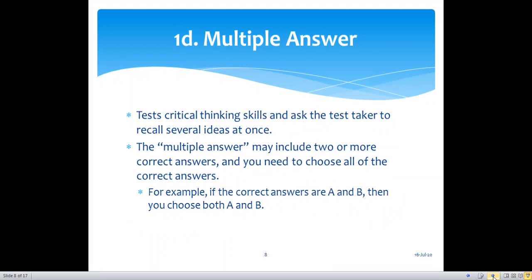Multiple answer tests critical skills and asks the test taker to recall several ideas at once. The multiple answer may include 2 or more correct answers, and you need to choose all the correct answers. For example, if the correct answers are A and B, then you choose both A and